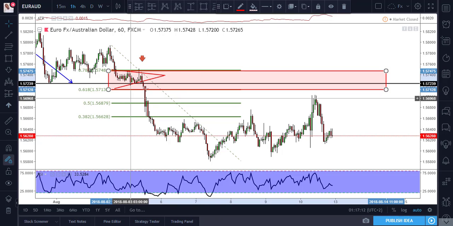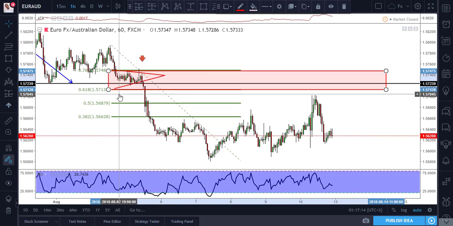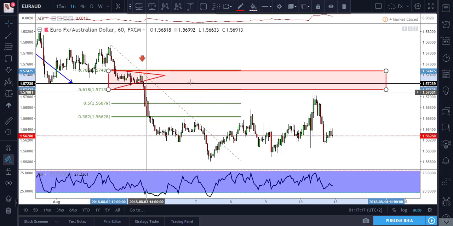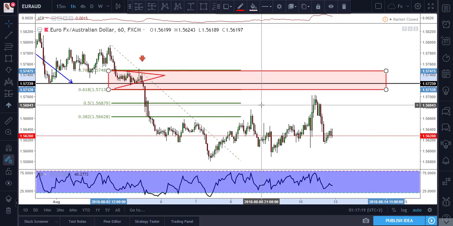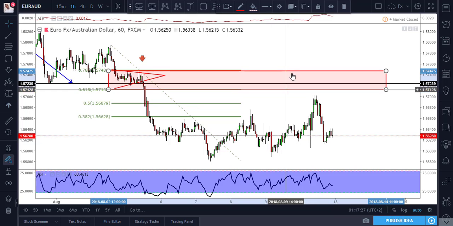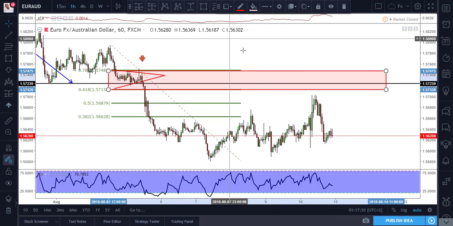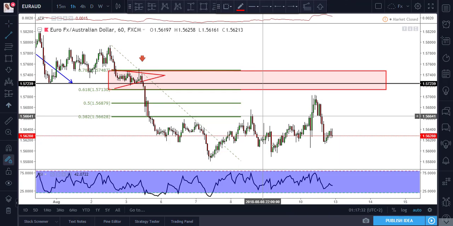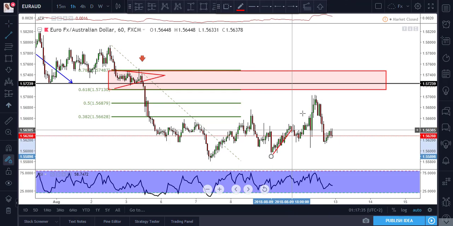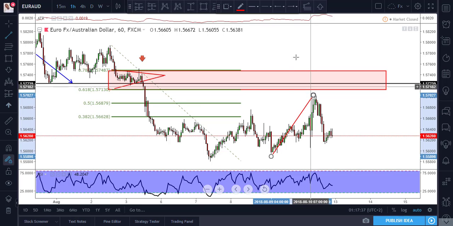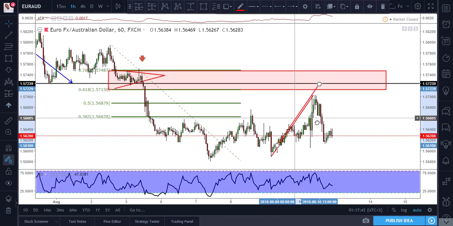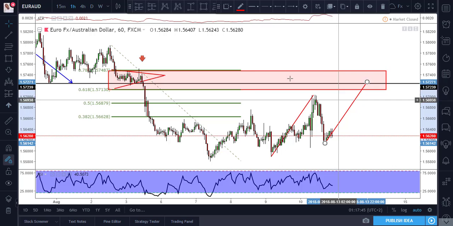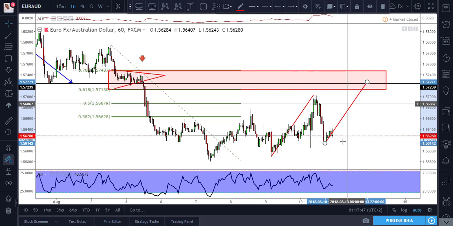So we have a pretty huge zone right here, which starts at 157.47 and 157.12, which is 35 pips worth of a zone right here. So if I bring in my equal leg 2 from this swing low right there and back to the swing high, if I clone it, copy it, then paste it right here,